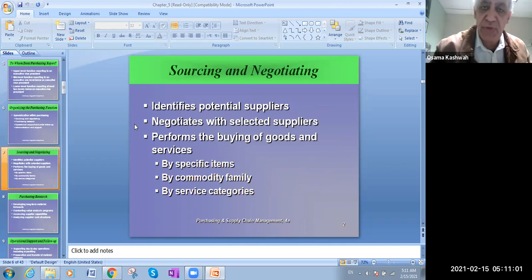We also have to talk about sourcing and negotiating. The sourcing will